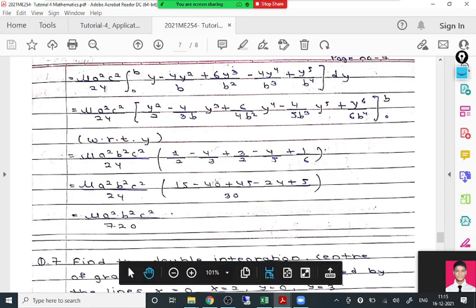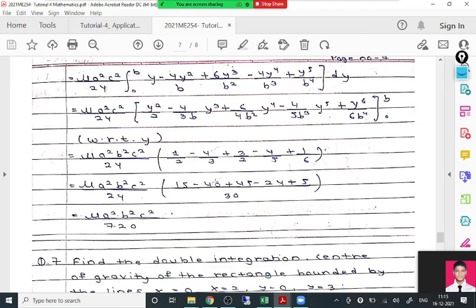I know this question is too lengthy. It is too lengthy for simplification and calculation, and because of this only, these questions are not coming in the exam. In the exam, it is expected that you should solve one question within 7 to 8 minutes, or maximum 10 minutes. Many times the average student is not able to do these questions in 10 minutes, and because of that generally these questions are avoided. In the last 10 years these questions have not come in the exam, but by chance if one comes, you should be able to solve it. Okay, got it?